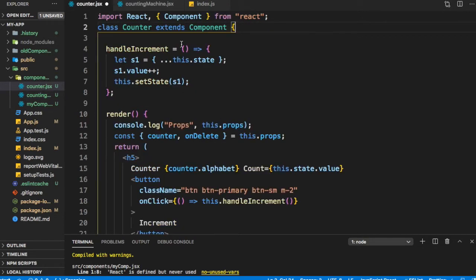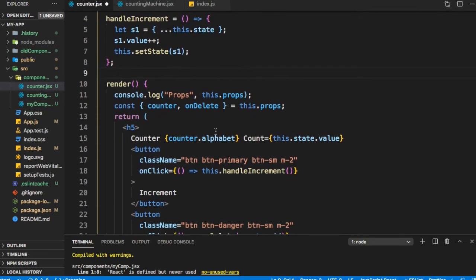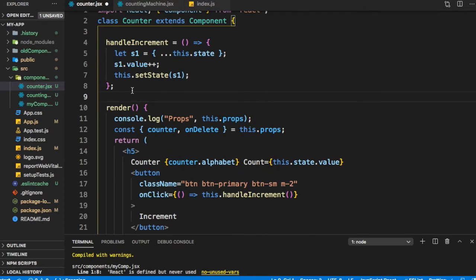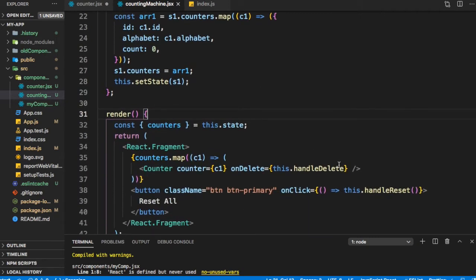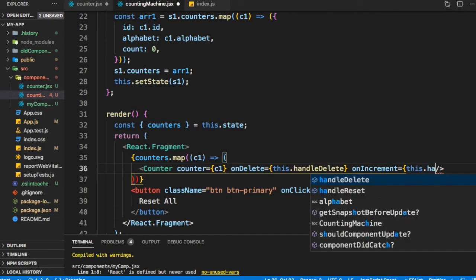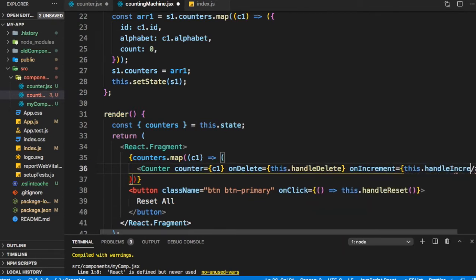So if we do that, then we have a problem. What is the problem? How do we handle the increment? So what we would do in this case is to handle the increment, we will pass another prop. So let me call it, say, onIncrement is equal to this.handleIncrement.